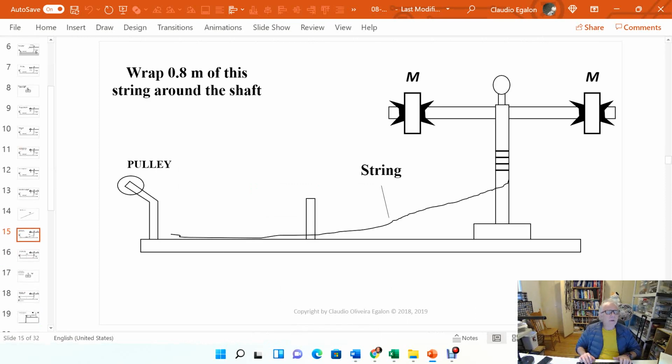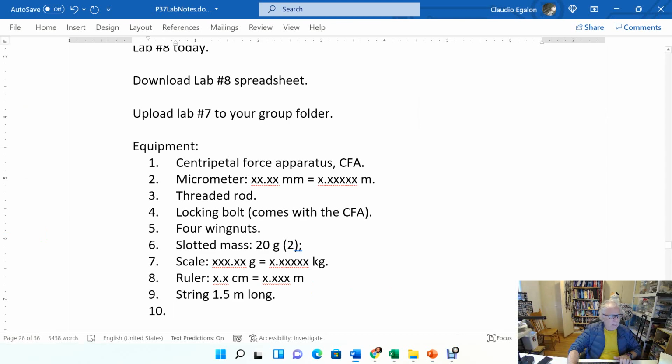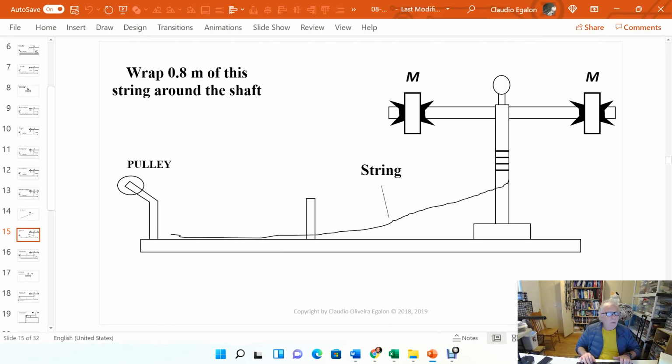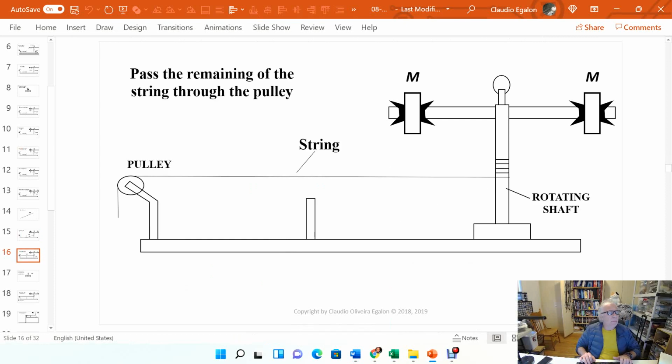And you're going to wrap this string around the rotating shaft, just like you have that here. Okay? You're going to wrap like 0.8 meters of this string around the shaft. Since you're going to measure this string, you're going to need also to have a meter stick. Okay? Once you wrap it, make sure you keep the string as horizontal as possible. You have to minimize this angle of the string, okay? You won't be able to make it completely equal to 0, but provided you minimize it throughout the experiment,